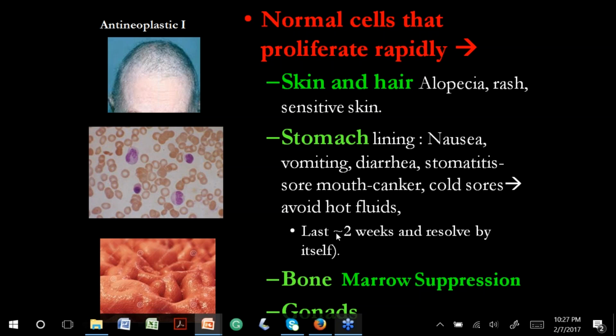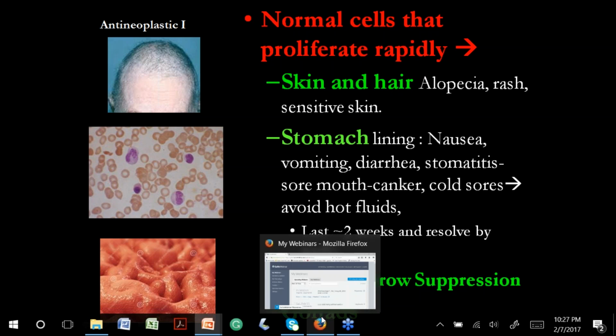We have the red blood cells. We remember that every second we produce about 2 million of these red blood cells. So here we have skin cells that reproduce very fast, hair, the lining of the stomach and GI tract, the red bone marrow that produces red blood cells fast, and the gonads, that are the ovaries and the